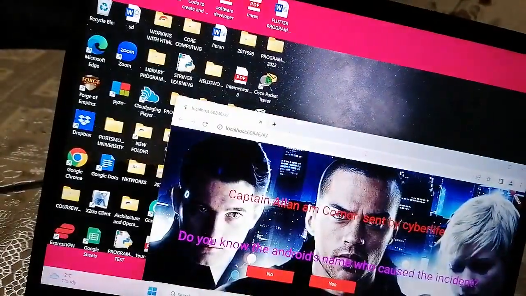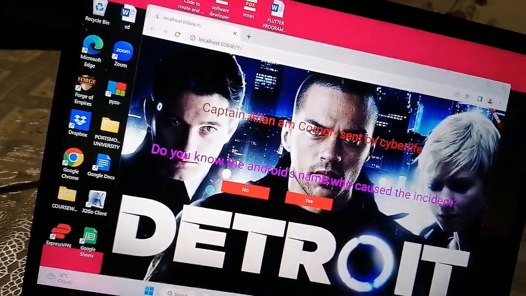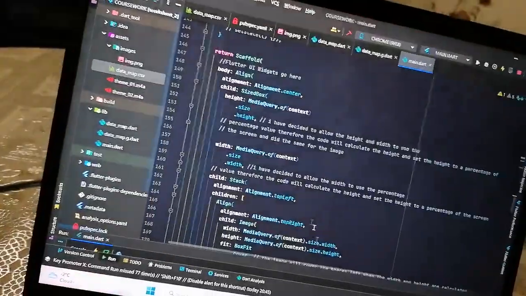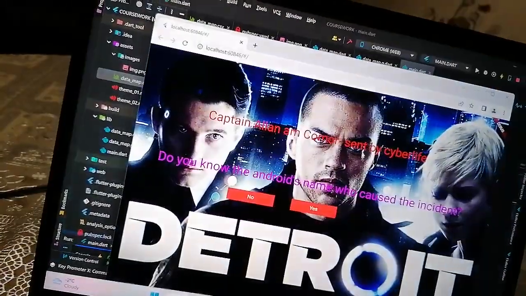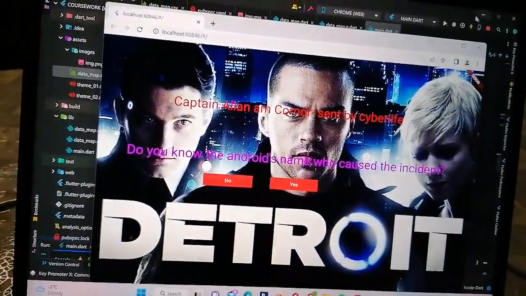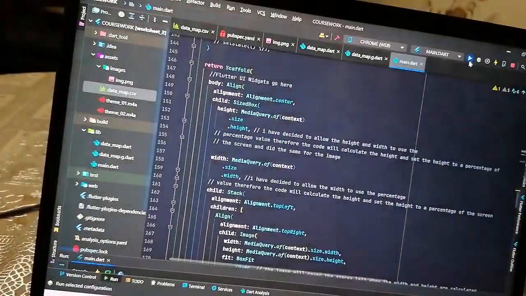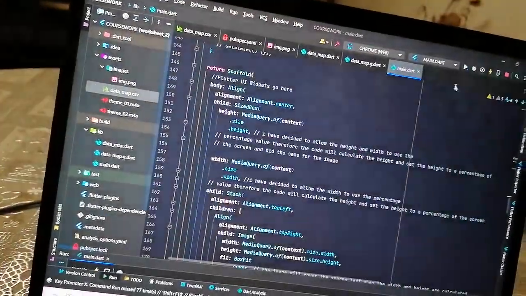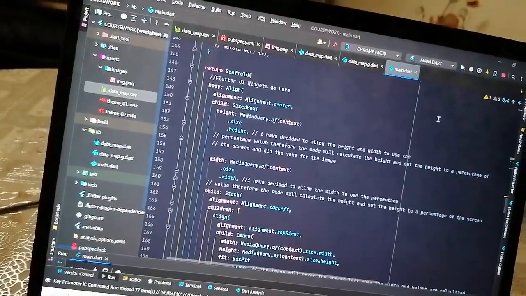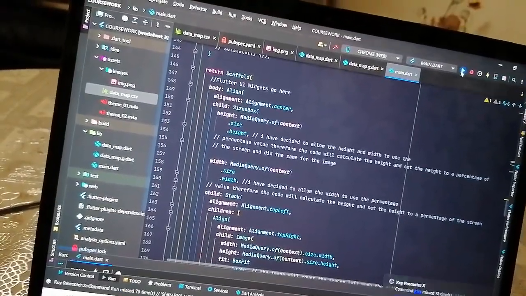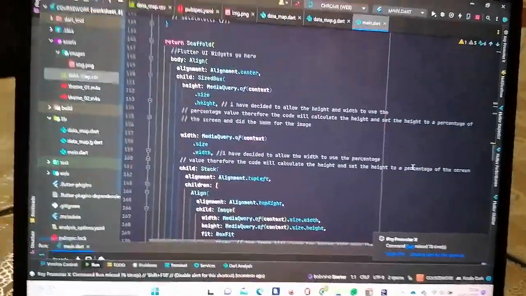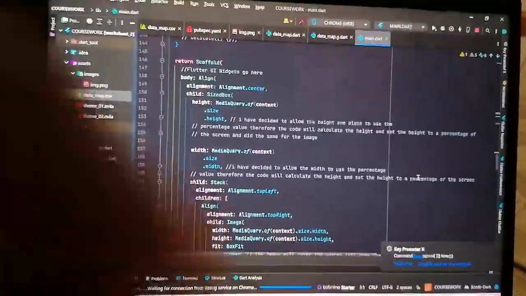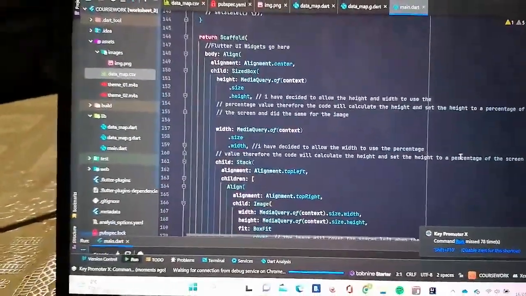So this will be here in the center. Actually, let me turn it off and bring it back so that you can see that it will be displayed in the center,